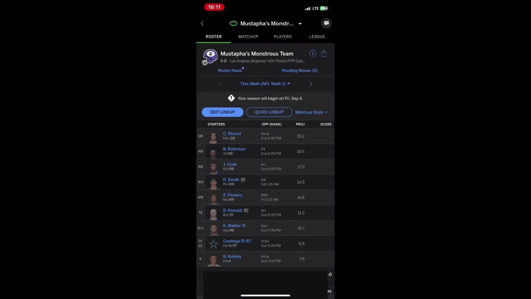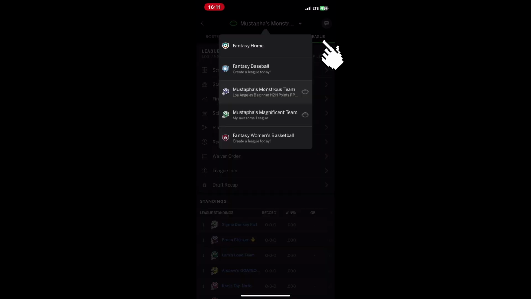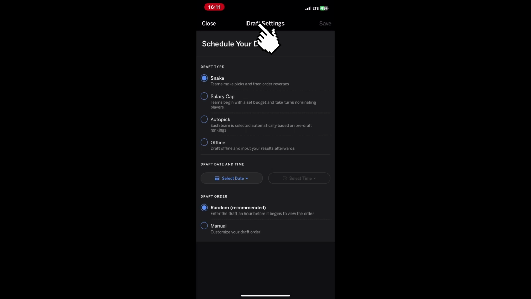First, open the ESPN Fantasy app on your device. Once the app is loaded, select the sport you're playing. For this example, I'll be using football, so tap on football, then select the league where you want to change the draft order. In the top right corner, tap on League, then scroll down until you find League Manager Tools